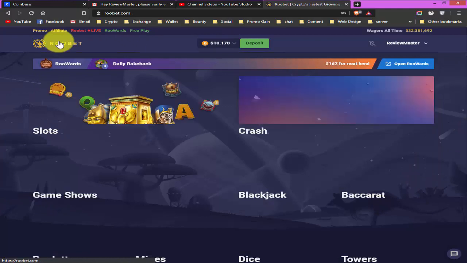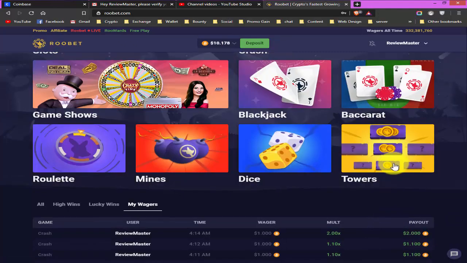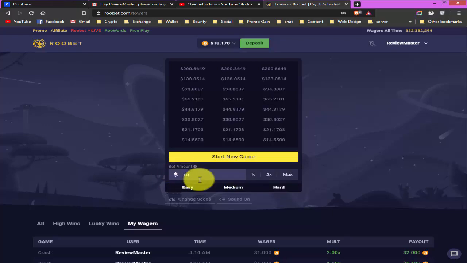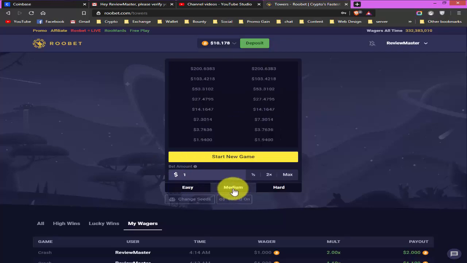Now I will demonstrate the Towers game to you with my real balance. So in here you can see bid amount. If you want to place $1, you can input here 1, and if you want to play with $10, then you can write here 10. So I will go with $1, and you can select which mode you want to play, like easy, medium or hard. So I will play with the easy mode,